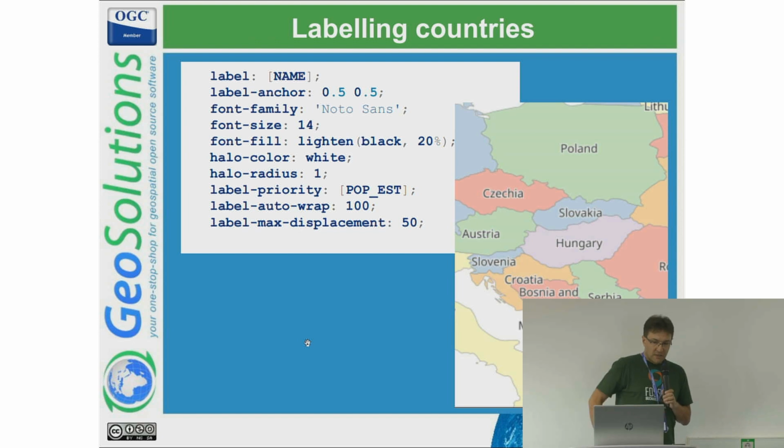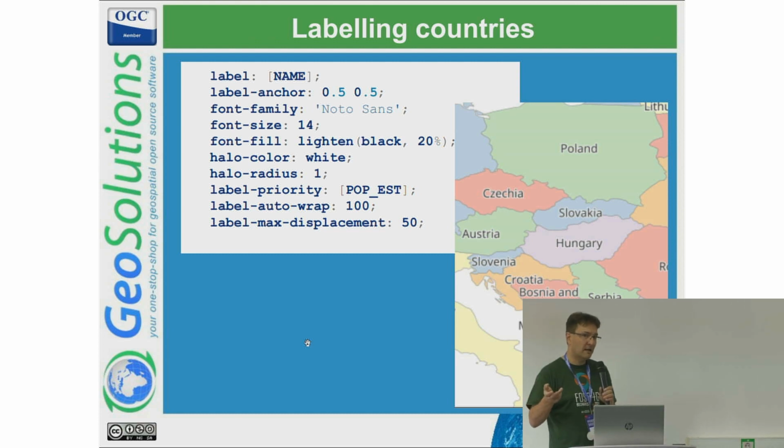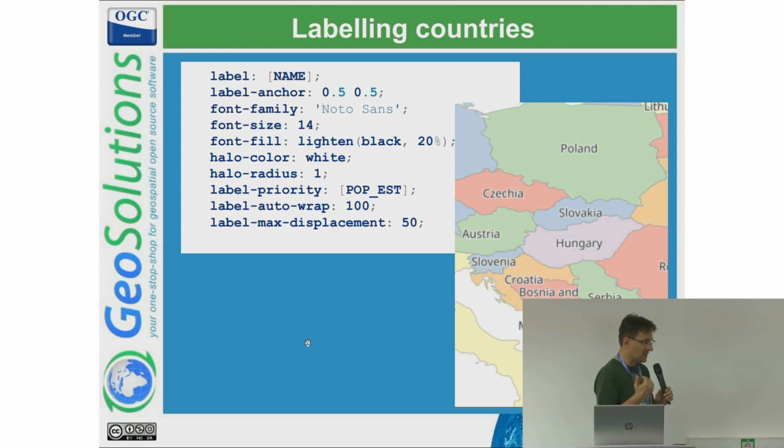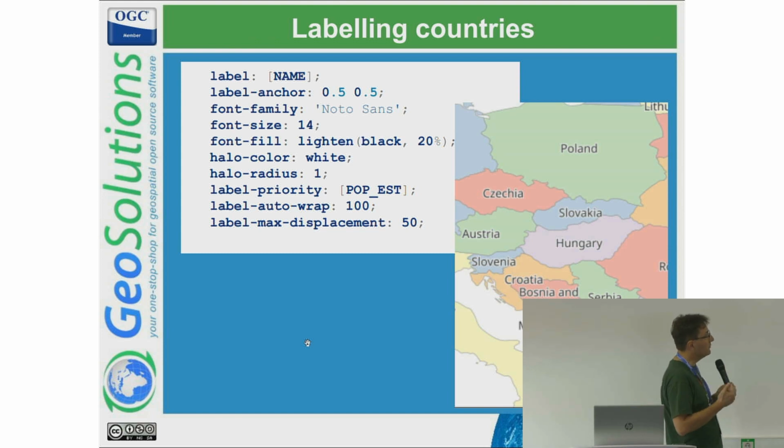Since we are talking about countries, here is an example of labeling with CSS. Again, it's picking the attribute called name, centering the label. I started with a black label, which I thought was going to provide good contrast with the light pastel color of the fill. And then I found out it was too much contrast. It was too stark. So again, I lightened it a little bit to reduce the amount of contrast between label and